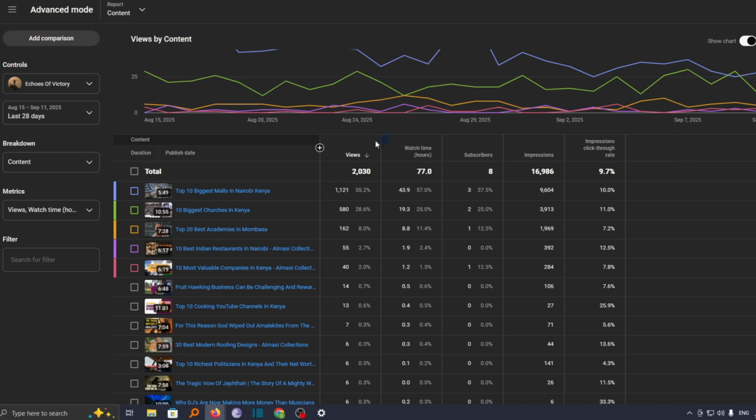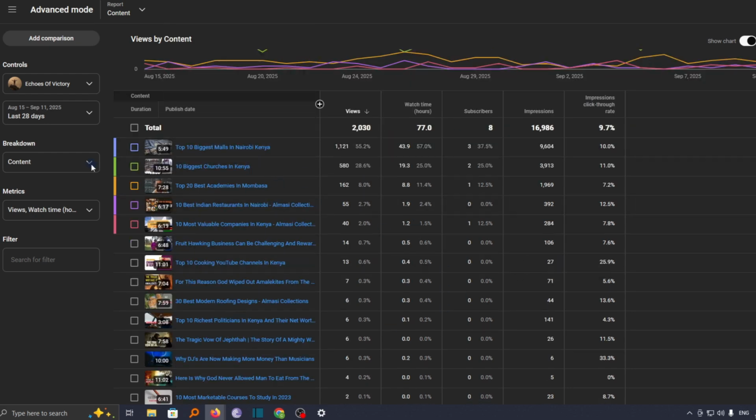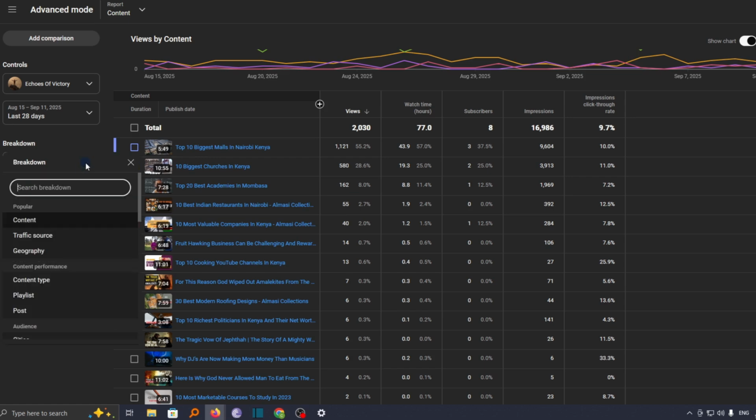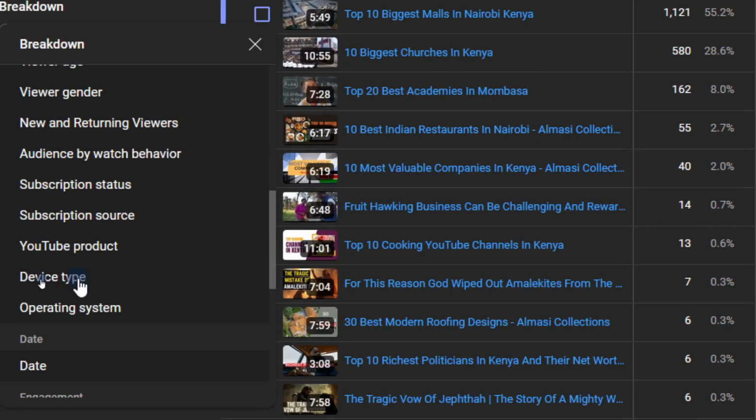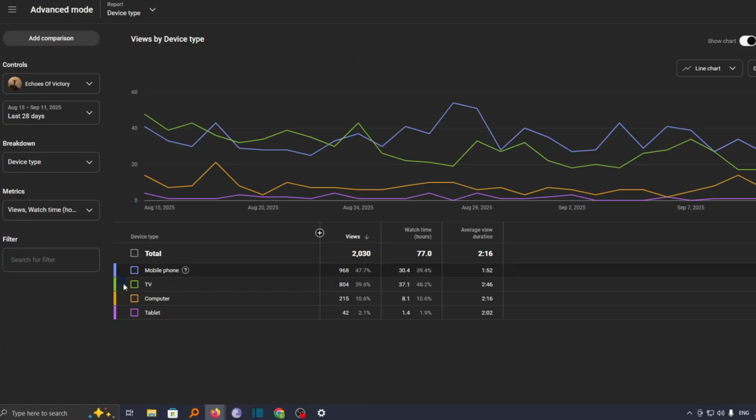So we have here our data statistics. This is under the content. However, we are interested in devices that viewers are using. So I'll go ahead and click on drop down arrow and then scroll down until you see device type. So if you click on this, now you can see the devices that your viewers are using,